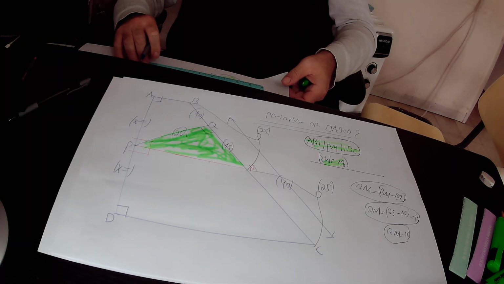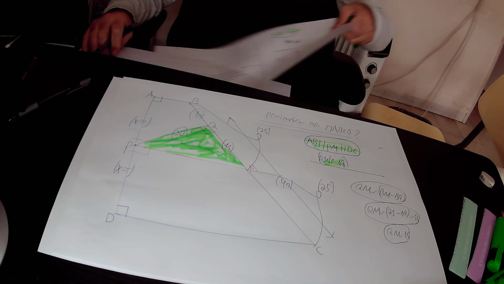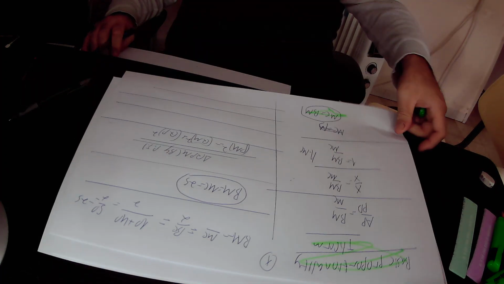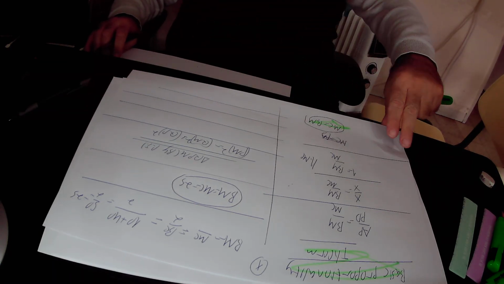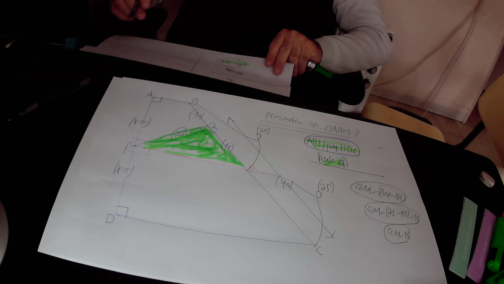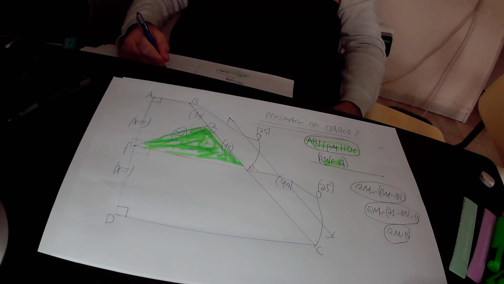And again, according to the Pythagoras theorem, in this right green triangle QPM, PM squared, that is the square of the hypotenuse, equals QM squared plus QP squared. PM is the missing side, so leave it as it is. So it is PM squared